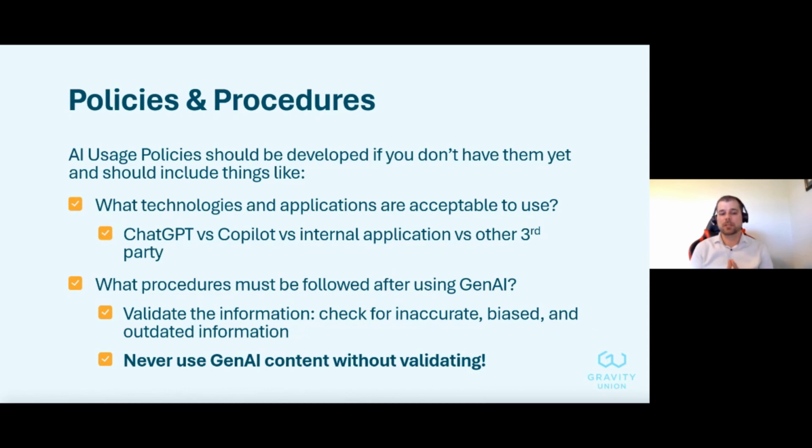Maybe it's fine to use ChatGPT if they know what information they're putting in. So you could totally use ChatGPT to help you generate some information, do some research, all that kind of stuff with no risk to your organization necessarily, as long as they validate that information, which we're going to get into. Where maybe we want to do more business specific, business related stuff, so maybe we're looking at something like Copilot or an internal application that we've built. So if we're leveraging Copilot in the Microsoft platform or building our own solutions on that Azure OpenAI technology,